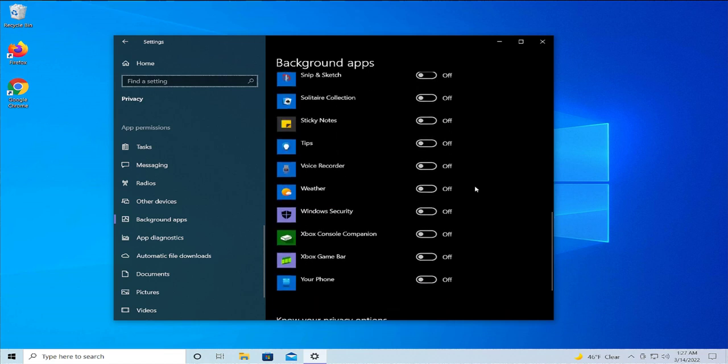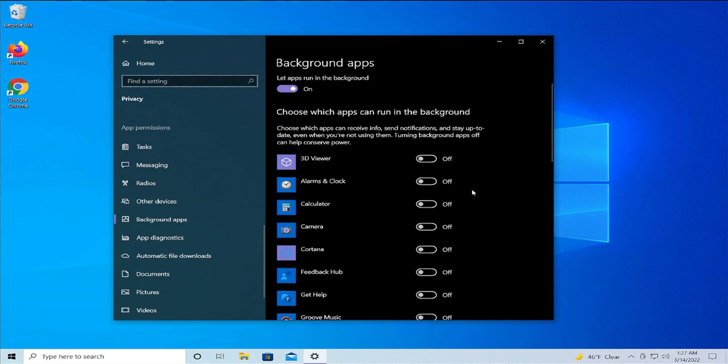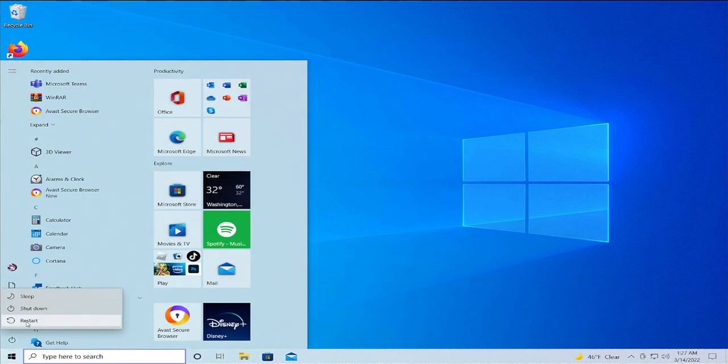These apps consume very high hardware and resources of the system. I recommend you turn off these apps for max performance. And to apply the change, restart your computer, go to the start menu and select restart,